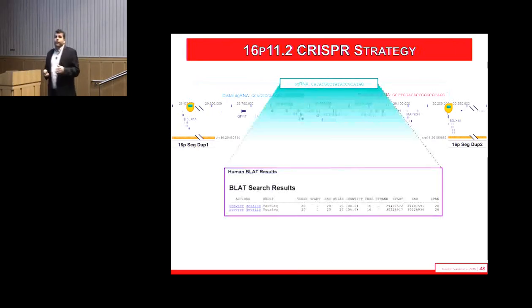So we used the degenerate blast against the segmental duplications and came up with one region that would target each segmental duplication, but nowhere else in the genome. The idea would be that we would cut the segmental duplications. Instead of non-homologous repair, we would induce homology-mediated repair, just as occurs in vivo. So we had this sort of debate among us.